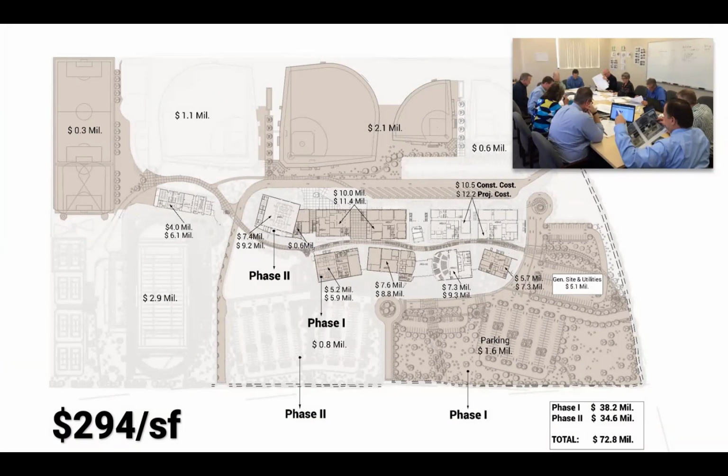In the photograph in the upper right, we spent a significant amount of time managing the budget throughout the process. It wasn't about the materiality in creating a facility that was uniquely different. It was about exemplifying the academic spaces and how they function together. So the budget, as you can see on screen, $294 a square foot. Multiple phases of construction were actually consolidated into a singular phase to facilitate a cost savings. So with that bit of information,